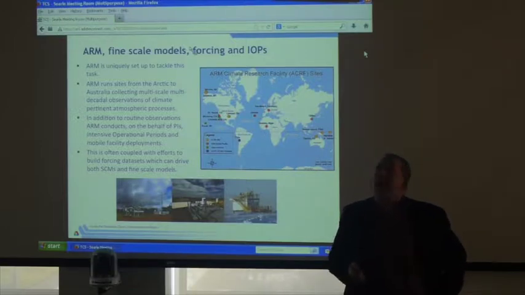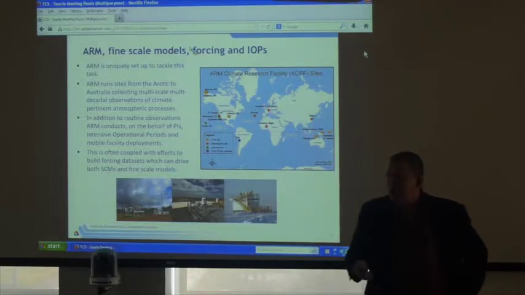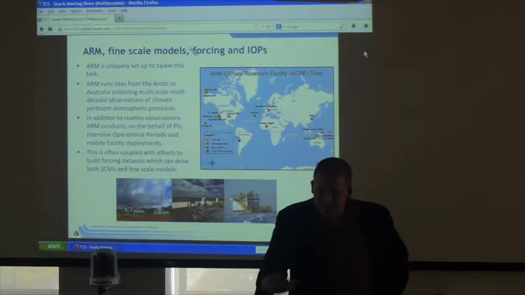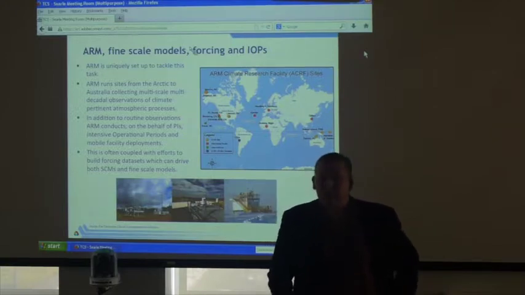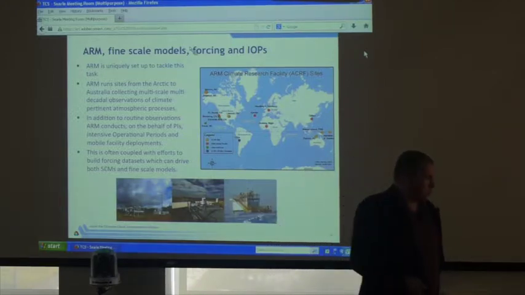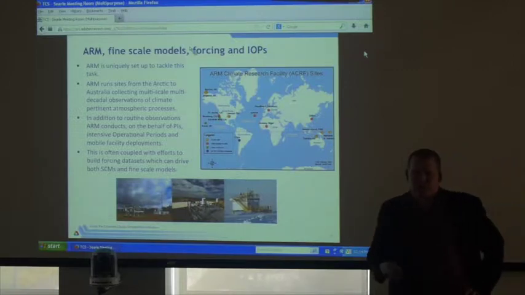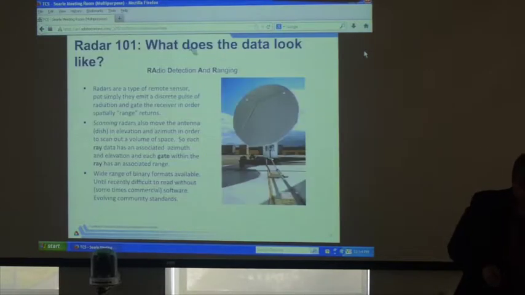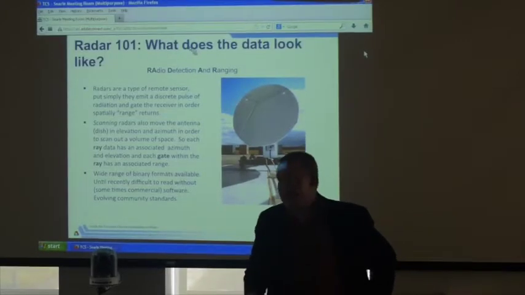Anyone who walks under a cloud and suddenly feels a lot cooler knows that clouds have a huge impact on Earth's energy balance. And one of the problems is clouds not only affect Earth's energy balance, they react to it. So there is a feedback cycle there, to the point that we can't just make up a nice statistical relationship that ignores the underlying physics. We actually have to understand the underlying physics of clouds. One of the tools we can use to do this is radars.